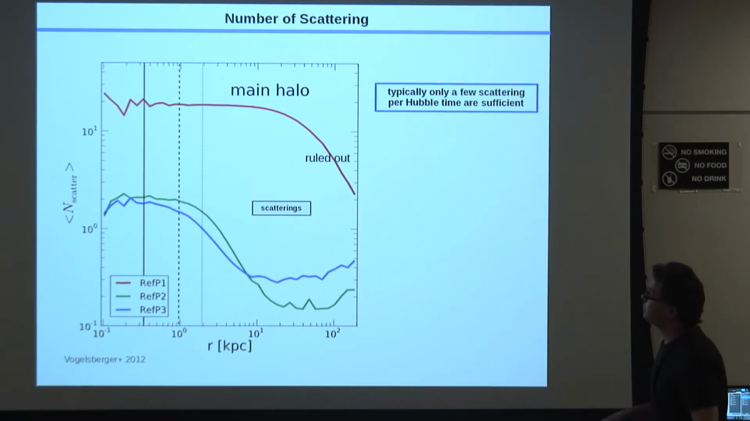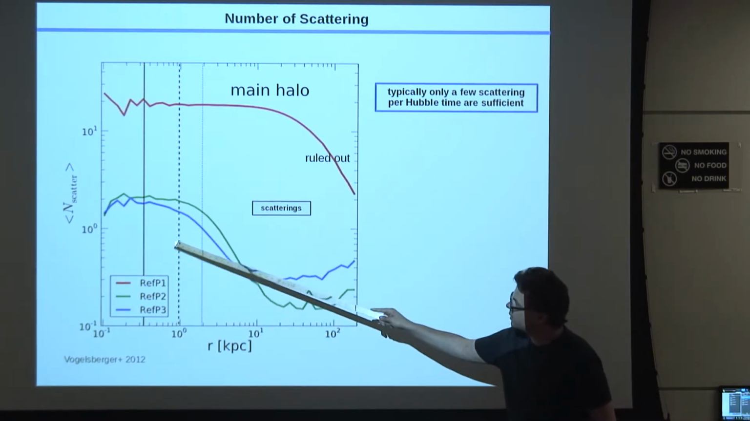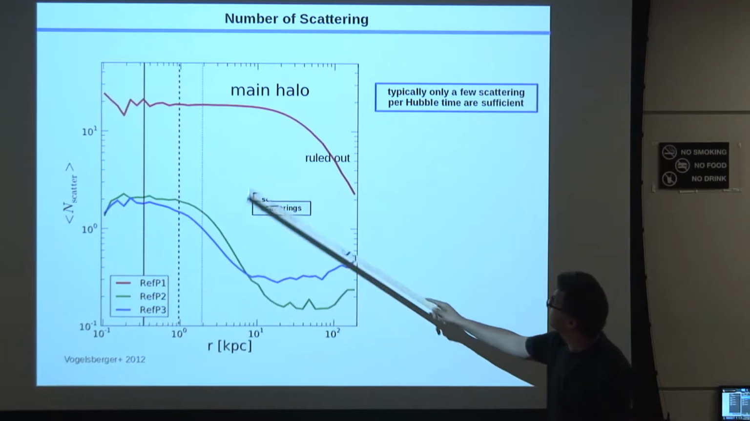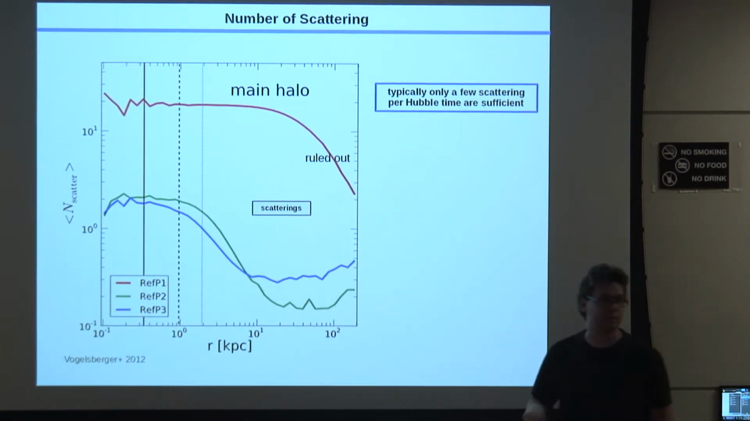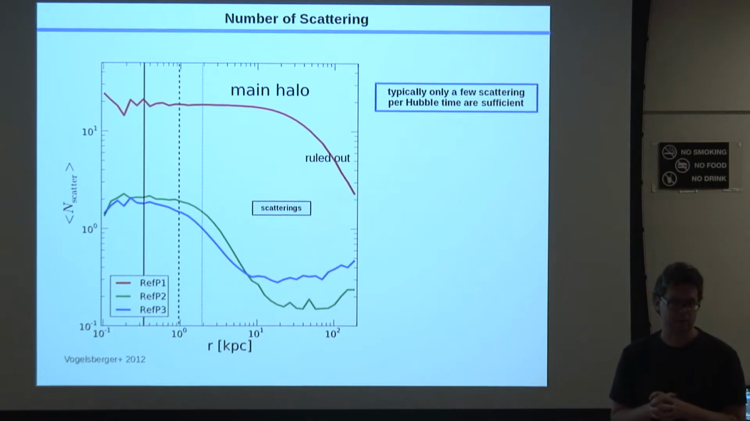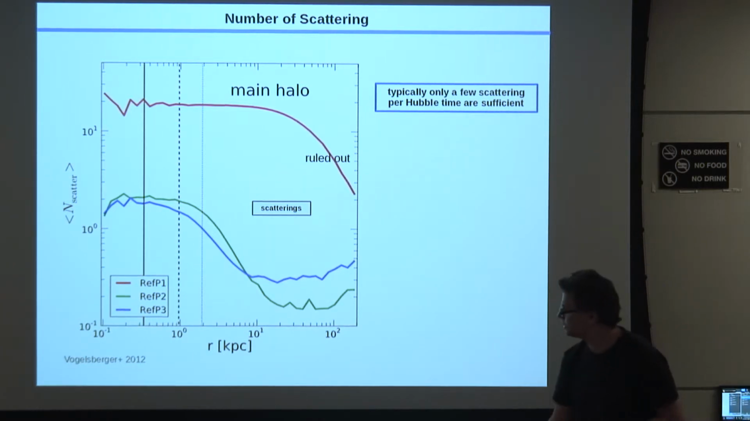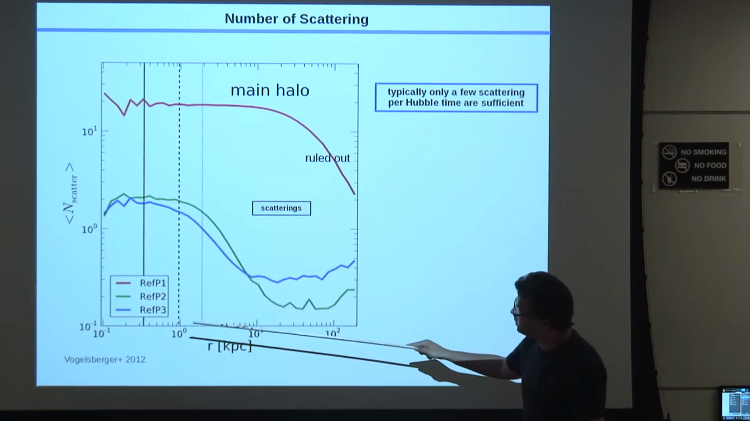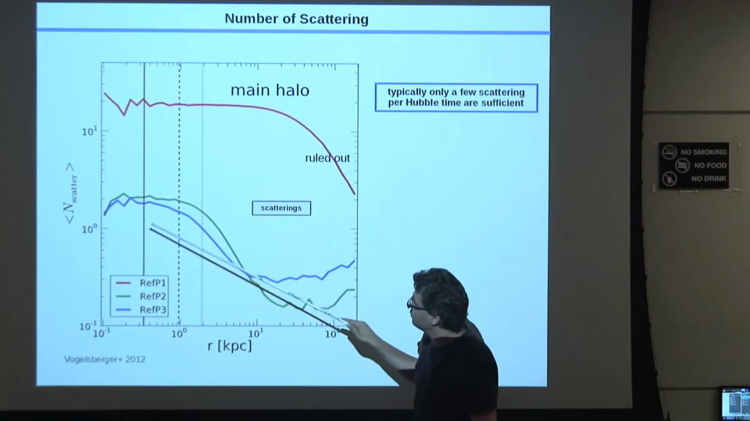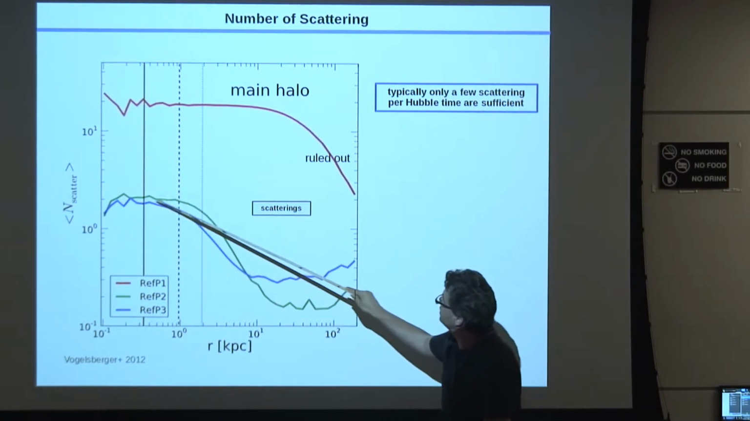This is an interesting plot which actually shows you, and I should have asked before I showed this plot, the number of scatterings per particle. How often does a dark matter particle undergo a scattering to make this all work? So what this shows, as a function of radius, is the average number of scatterings at a given location. And you can see for these models that are not yet ruled out,